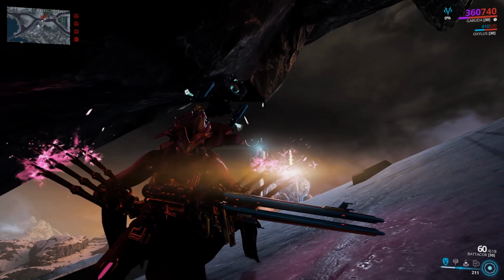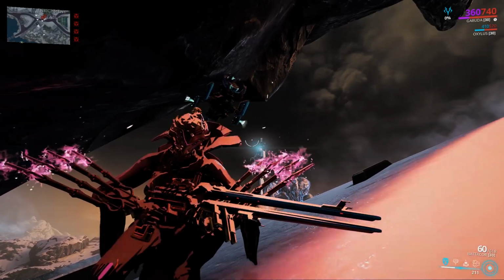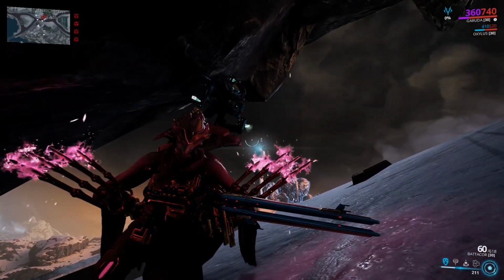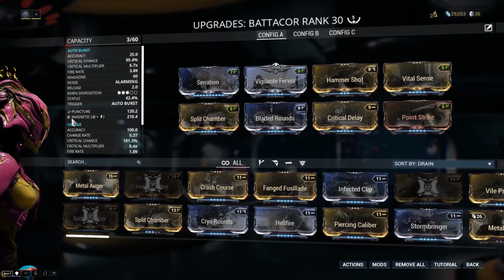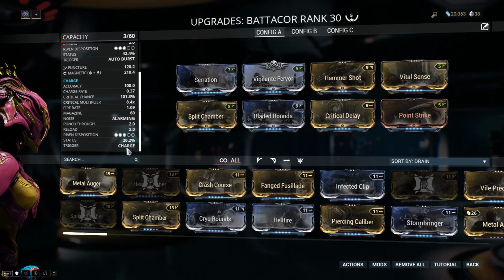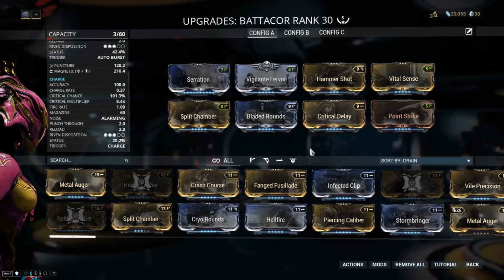This is the Wisekrakr in Warframe, and today we're going to talk about the BATTACOR, and this weapon is something amazing. It has 2 firing modes, a full auto, and a beam. So we have a build here, and as you can see we have lots of critical chance and critical damage. We have almost 50% status chance, and look at the charge beam, it has even more critical chance and even more